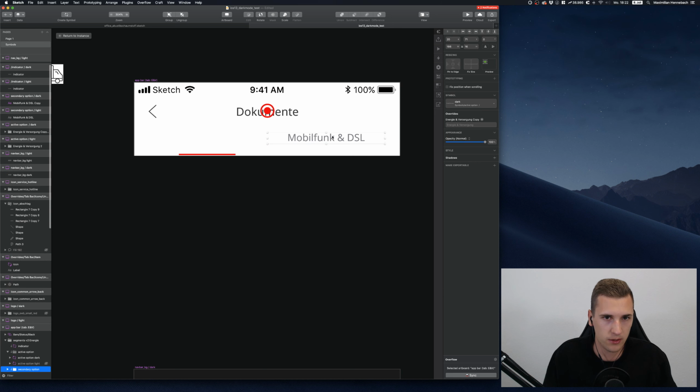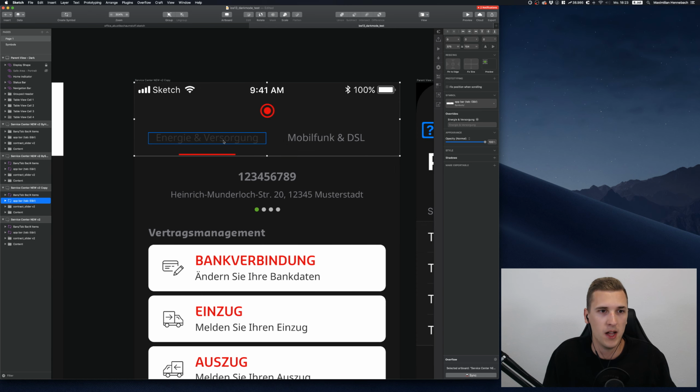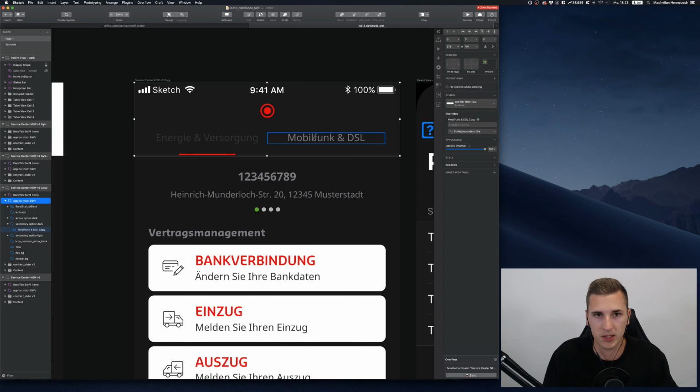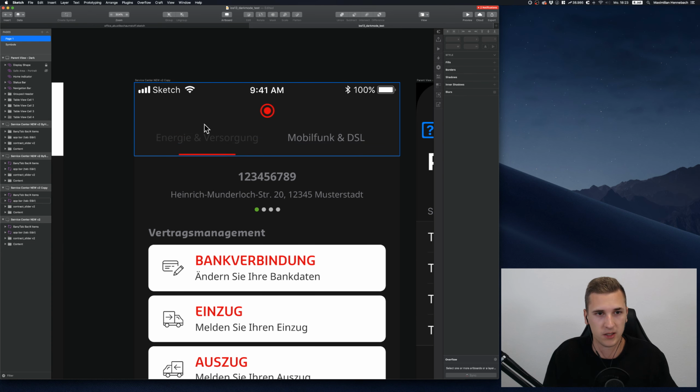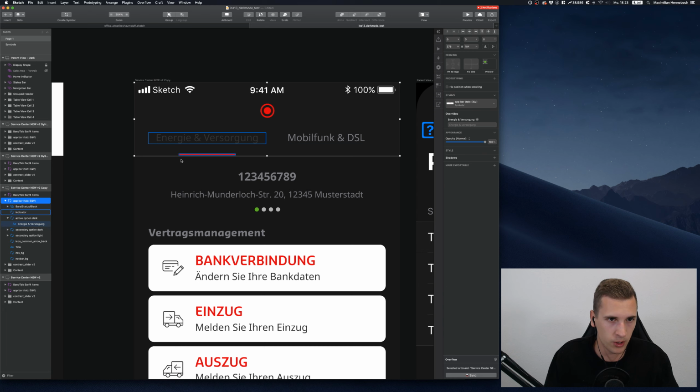So we have two different text layers. Let me go back to this one. We have an active label, or active tab, and we have a disabled tab. We have to, of course, get those colors right, because currently it's mixed up a bit. It's probably broken, but that's not a problem at all. Of course, the left one is active, is currently open, and I would love to emphasize it more and decrease the visibility, the color intensity and the contrast of our inactive